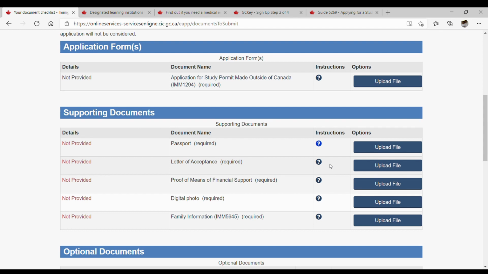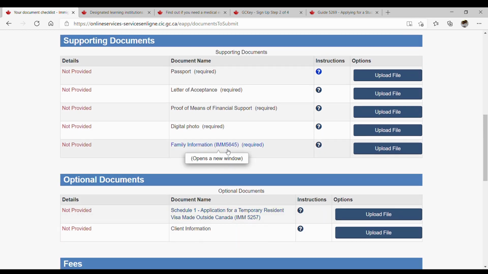Your letter of acceptance from the school that you studied, the proof of means of financial support, so you could upload your bank statements. You could also upload, if someone is sponsoring you, a letter stating that they're sponsoring you, and the whole works. But I think it's best that you show 6 months bank statement, a digital photo of yourself, family information, another